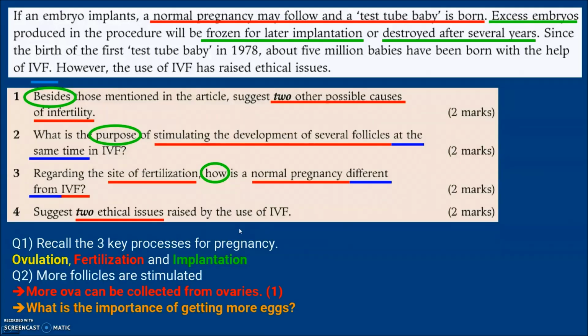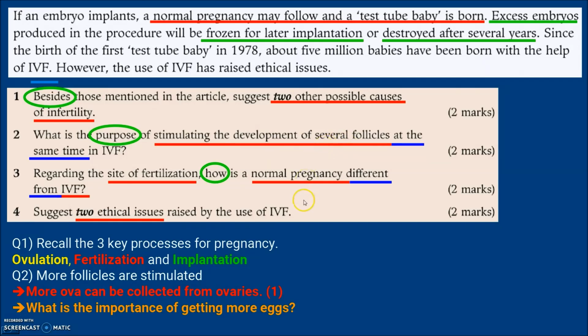For question 2, what is the purpose of stimulating the development of several follicles at the same time in IVF? I give you the first mark first: more ovum can be collected from the ovaries. That's the first mark. So what is the importance of getting more eggs? That's the reason we stimulate several follicles to develop into eggs,